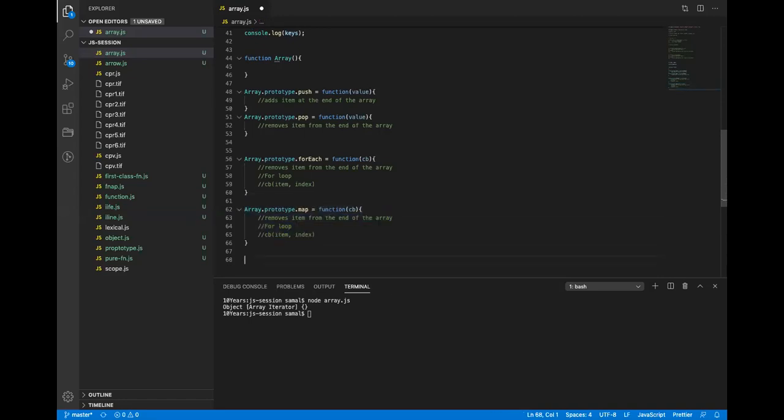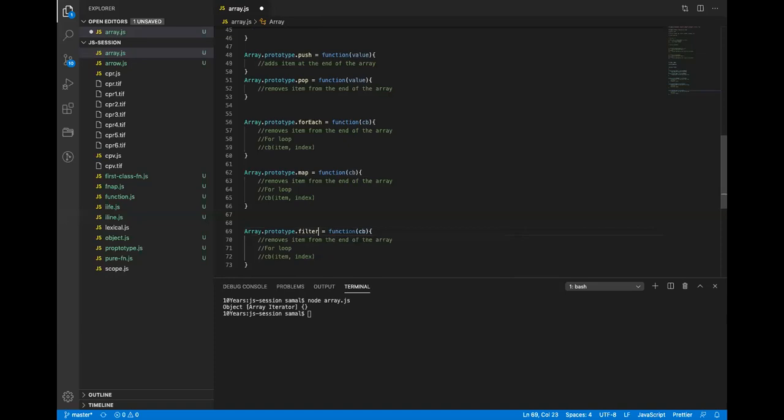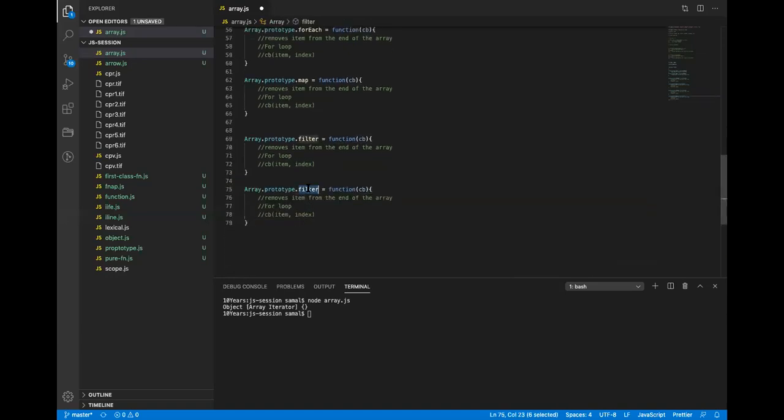Then we have filter also. Then we have indexOf. IndexOf takes a value, checks it, and returns either the index number or -1. In the same way we have includes.